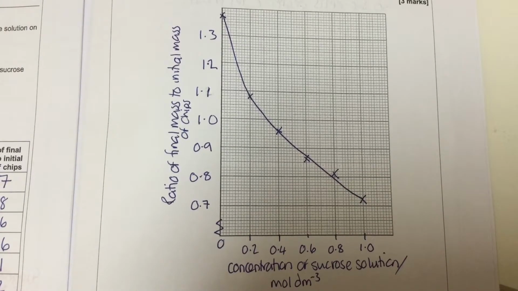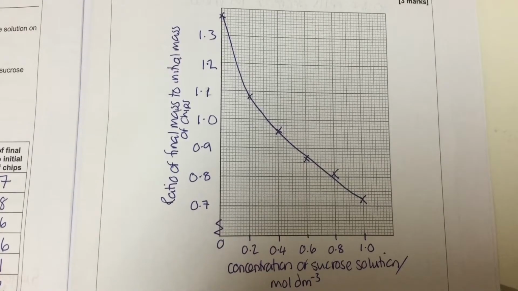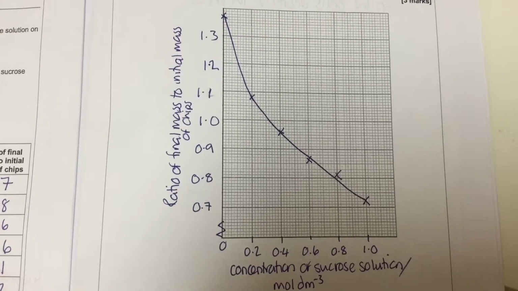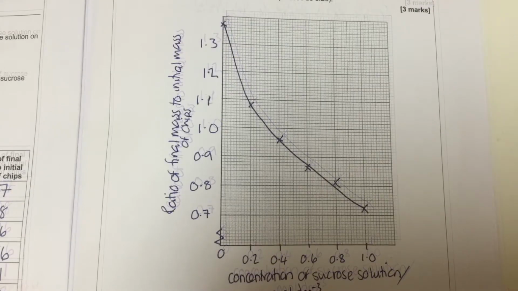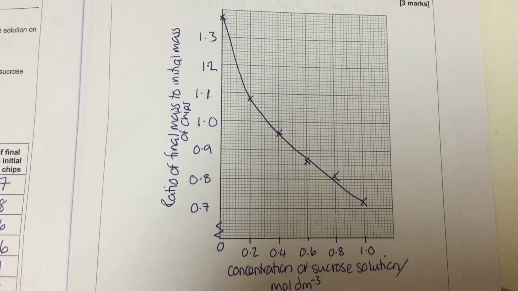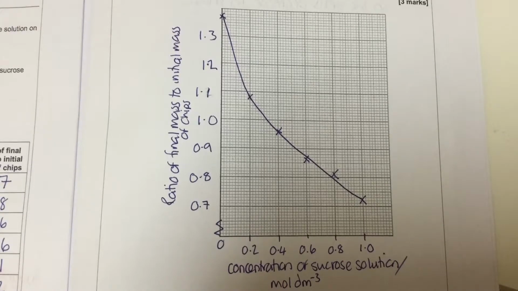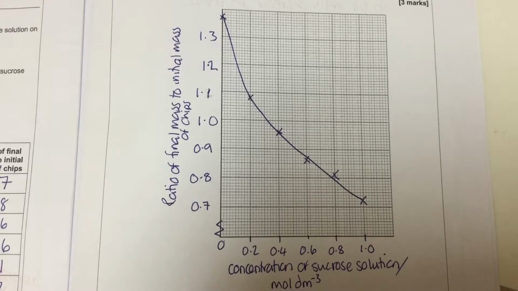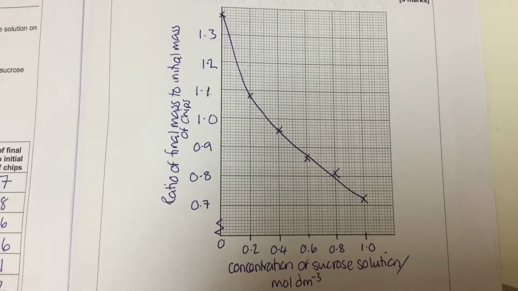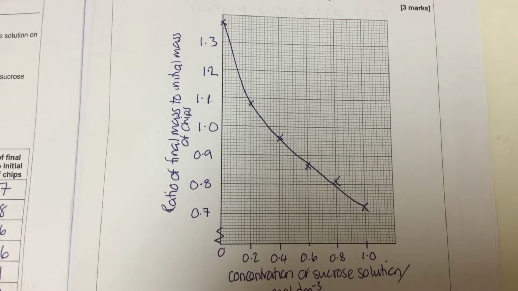And in fact, if we start our graph at 0.7, because we only need to go up to a maximum of 1.4, then we can space our information out nice and clearly along the axes. Use the column headings from the table to label my axes, making sure to include the units exactly as they appear in the column headings of the table. And this is a top tip, because ratio doesn't have any units. If it did, it would be included in the column heading of the table. So you're safe to assume that whatever appears in the column heading of the table, you can use on your graph to label the axes.